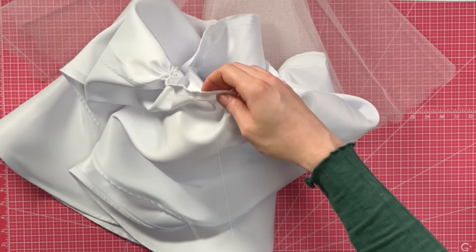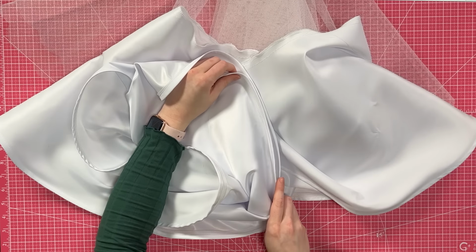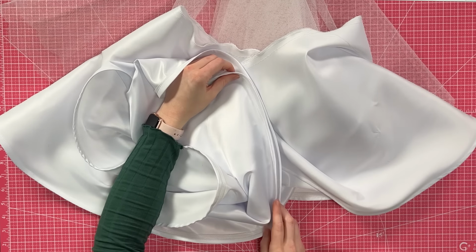Also, I have already gone ahead and hemmed this sucker because it is gonna end up pretty gathered, and I figured it would be more annoying to hem it while it was gathered. But I hemmed it with horsehair braid, and I don't know if I will regret that decision, because the last time I did a gathered skirt with horsehair braid, I don't know if it makes it look any prettier or not, but I'm mostly using it as an extra thing to help keep it away from the hoop skirt to help hide the hoops. But once I have both of these gathered, I'm gonna flatline them together at the top,